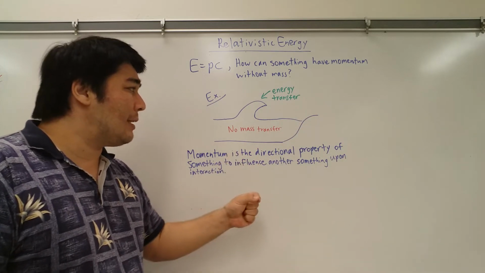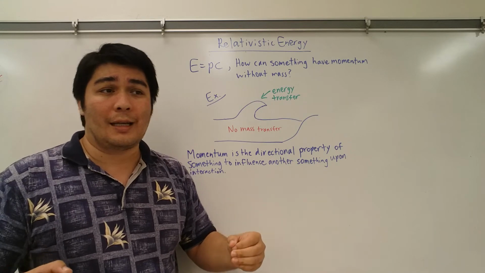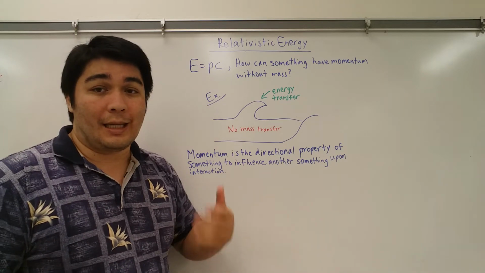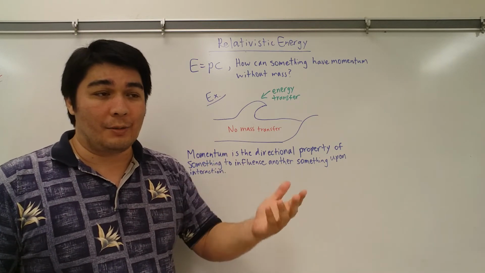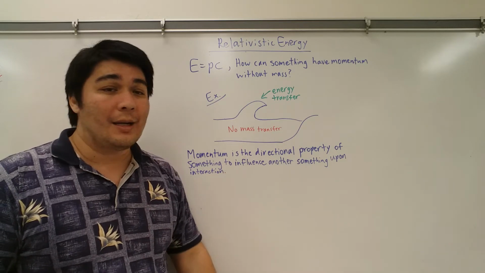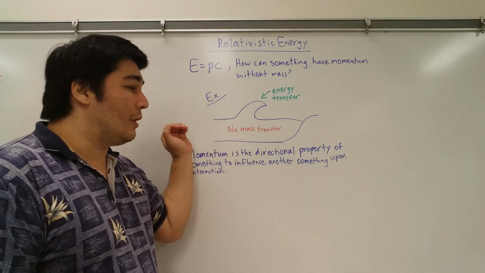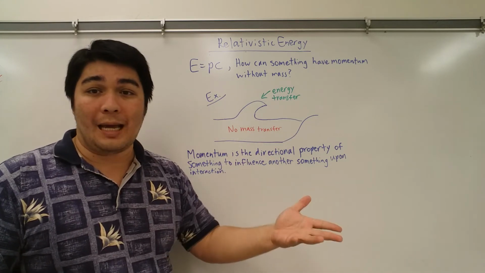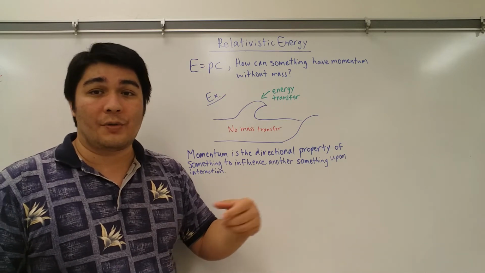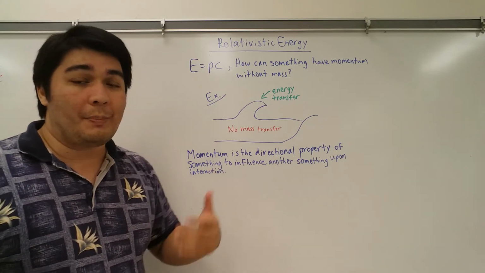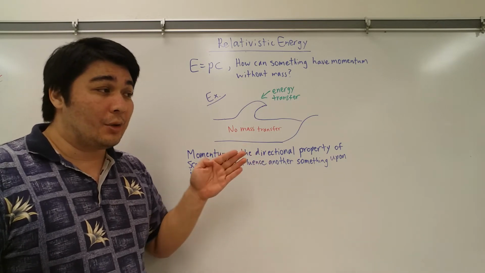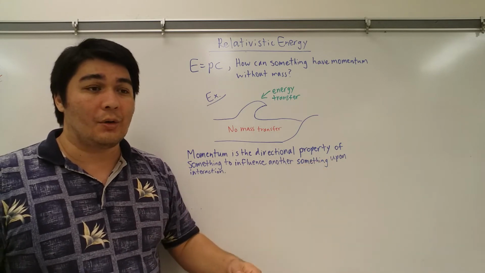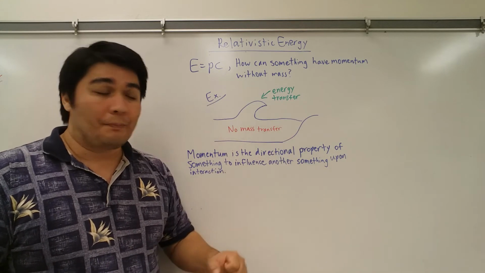So one of the ways you can think about it is that if you talk about a wave, something that's purely a wave, like light, because light is both a wave and a particle in terms of the photon and the wavelength that it carries, you can have energy being transferred through something without any mass being transferred. So you don't have to have mass in order to be able to transfer energy, but because you're now transferring energy along, whether it's through the vacuum of space or through water like this,